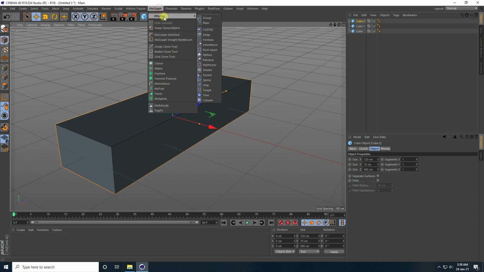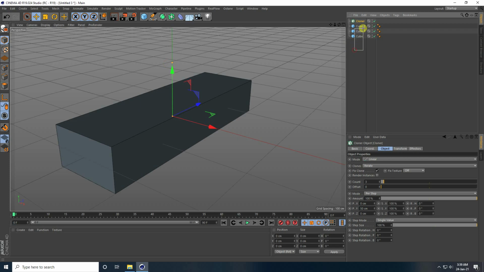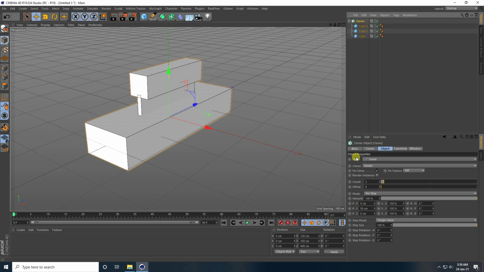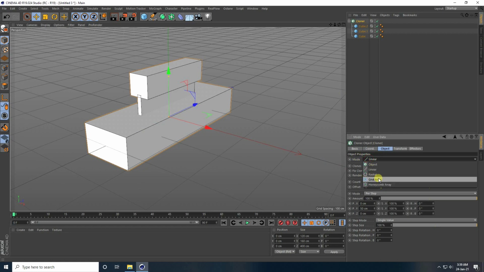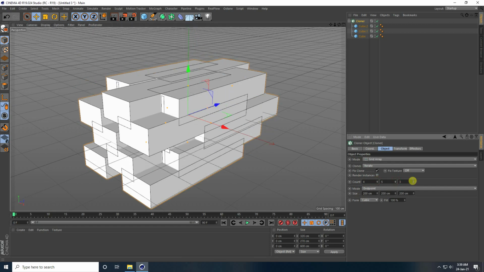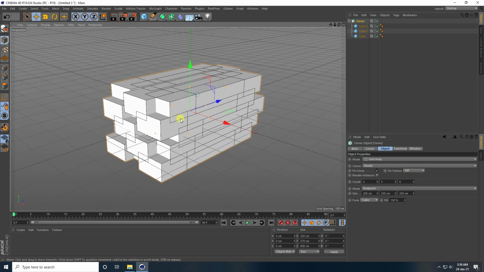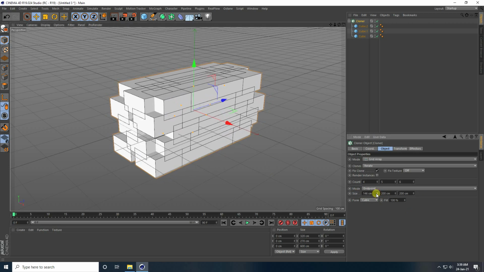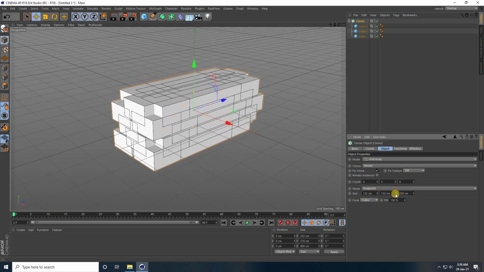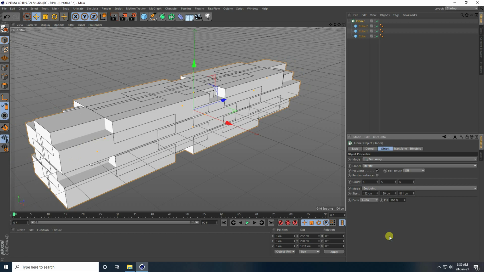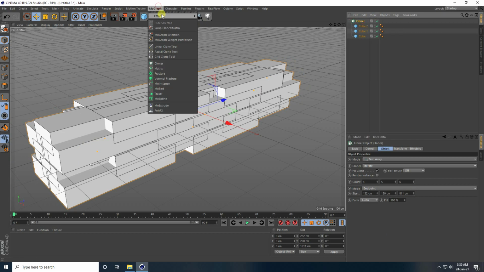After that, I take a cloner, select all three cubes and make them children of the cloner. Select this cloner, and for the mode I use grid array. I increase the count like 4, 5 and 6, and change the position size a little bit closer. I create it randomly. Now I also take the random effector tool.